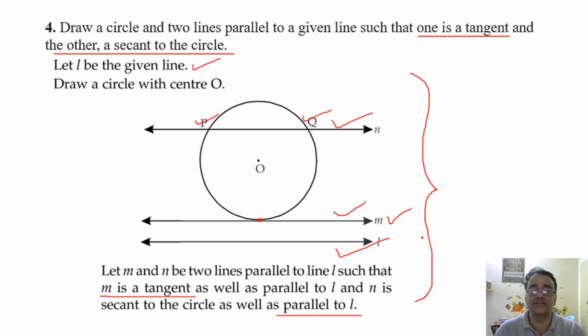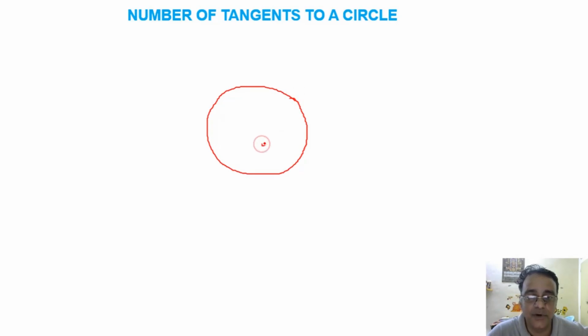Now we are moving towards next theorem, that is theorem 10.2. But before that, we will see the number of tangents to a circle. कितने सारे tangents हम लोग बना सकते हैं अगर एक point दिया है तो. Okay, so there are three possible cases. अगर मान लो सर्कल दिया हुआ है, एक रफ सर्कल मैं बना रहा हूँ. So point सर्कल के अंदर हो सकता है, पॉइंट सर्कल के ऊपर हो सकता है, and the point maybe lies outside the circle. So there are three possibilities.